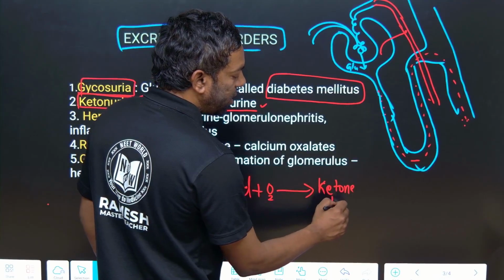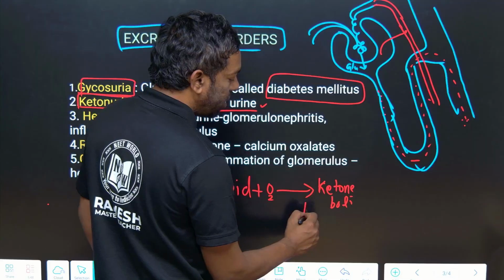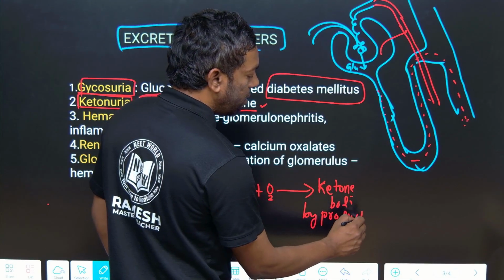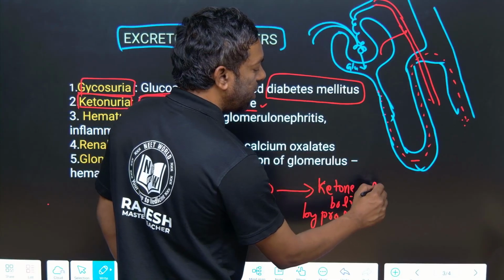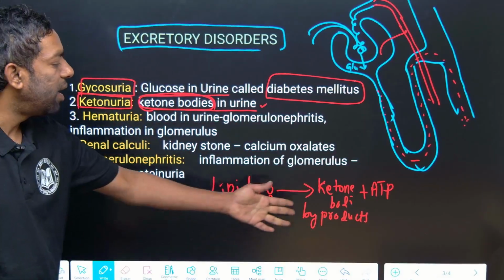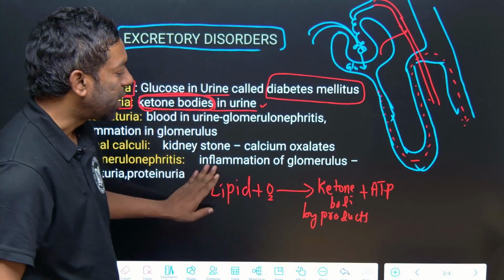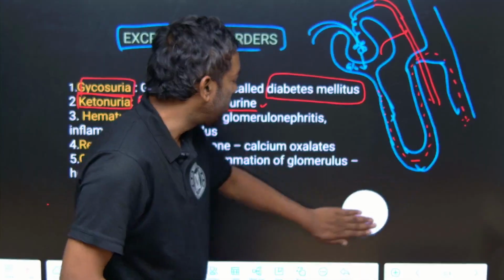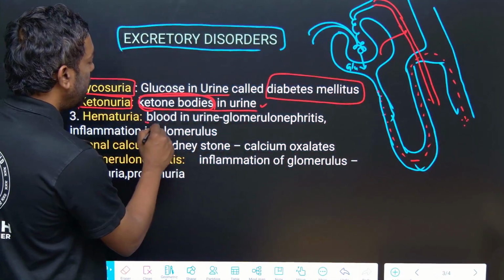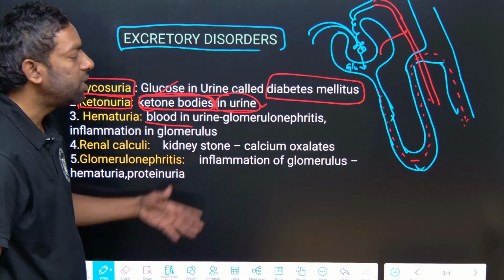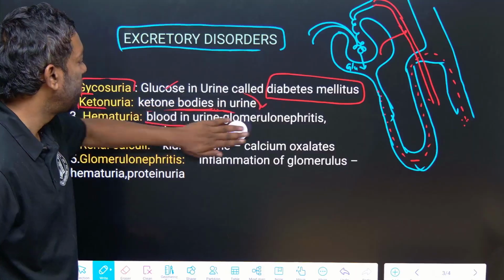as byproducts, plus ATP they produce. Lipids burn and they produce ketone bodies into the blood. This we can call ketone bodies in the urine. This we can call ketonuria